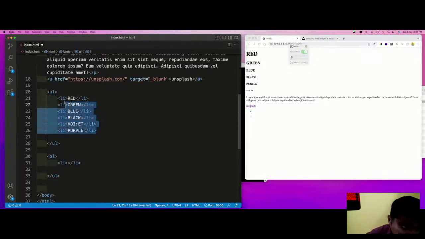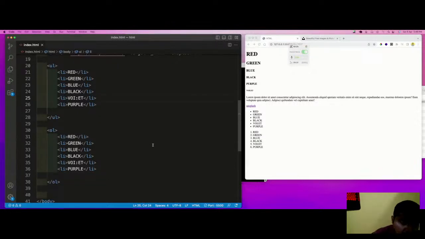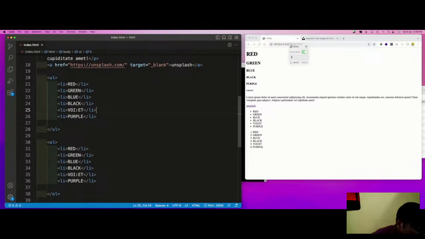Okay, now see how it goes. So this is the difference between ordered list and unordered list. Fine. Now, after this ordered list and unordered list, we see the next thing here.